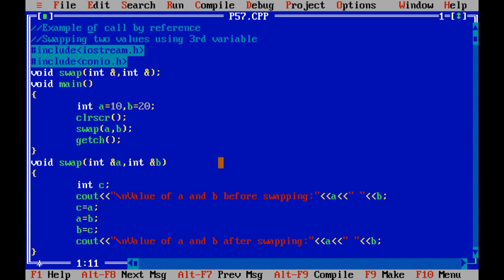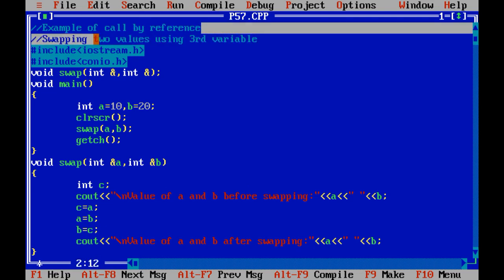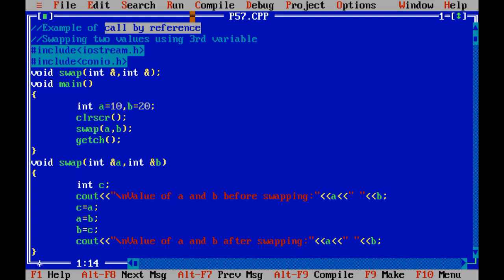Now suppose you need to perform the same program, but you need to use call by reference using pointers. Remember, my definition is that I need to swap two values using a third variable. This is the simple definition, but the concept they have given me is call by reference using pointers. Then you need to apply a few changes.